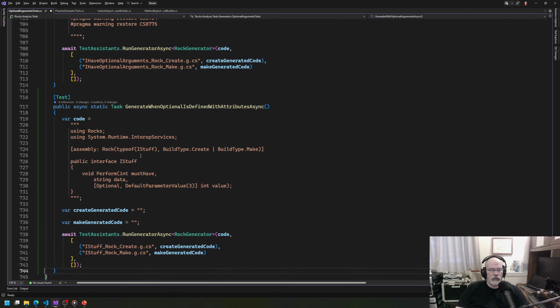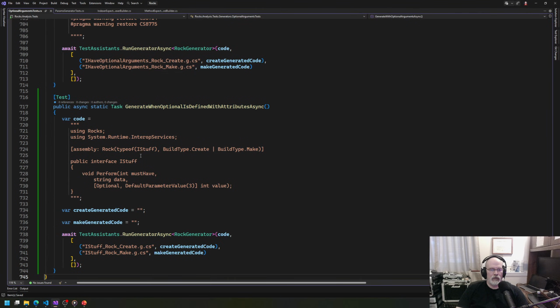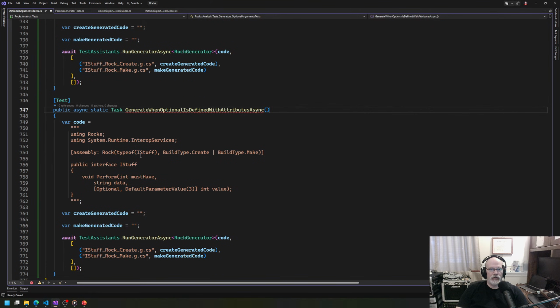We don't know what make's going to do, but we should at least start seeing some code. What happens in this case? And then we're also going to have here out of order. So in this case, what we're going to do is take that